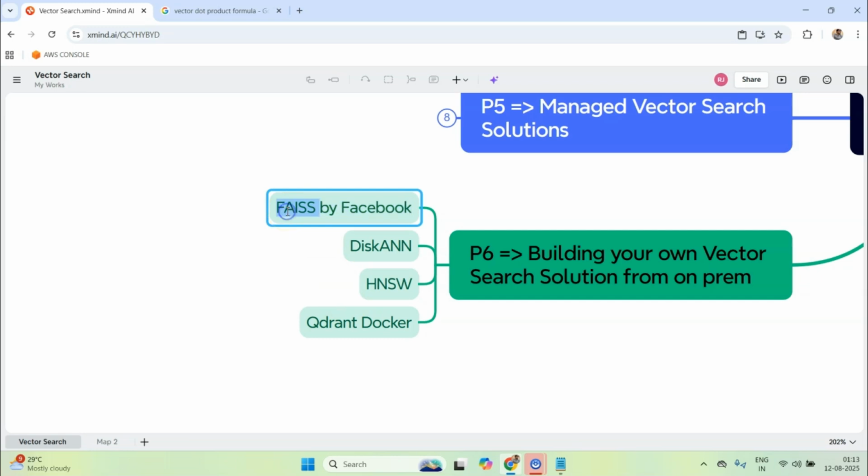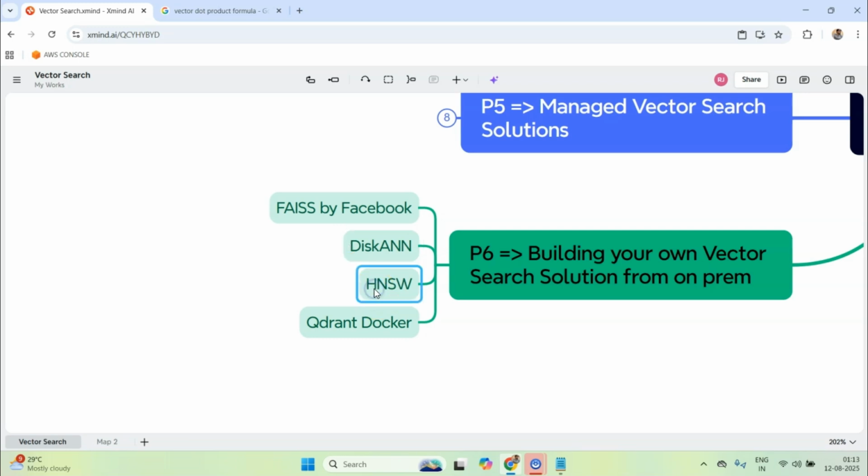Now, this is the game changer if you want to implement your own solution, because the way they have done it is they have implemented a lot of data compression techniques like product quantization and things like that, which makes your life easy to load your vectors into RAM, or if that is not possible, to load them from disk. And then there is DiskANN, which is, I guess, open sourced by Spotify, and that basically allows you to not do search on RAM but on SSD. So if you have SSD on your server, you can employ those to do vector search.